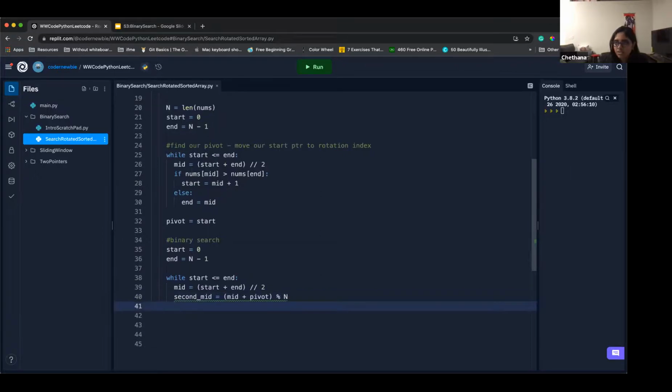Once this is done, we'll just do the usual. This one will point to the mid that we want. So if your nums of your second mid is equal to your target, then you'd basically return second mid. Else if, yeah, the usual binary search stuff. So if your nums of this,